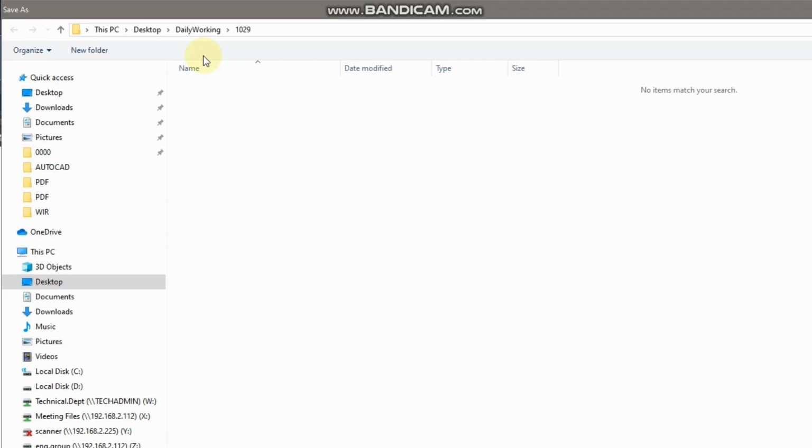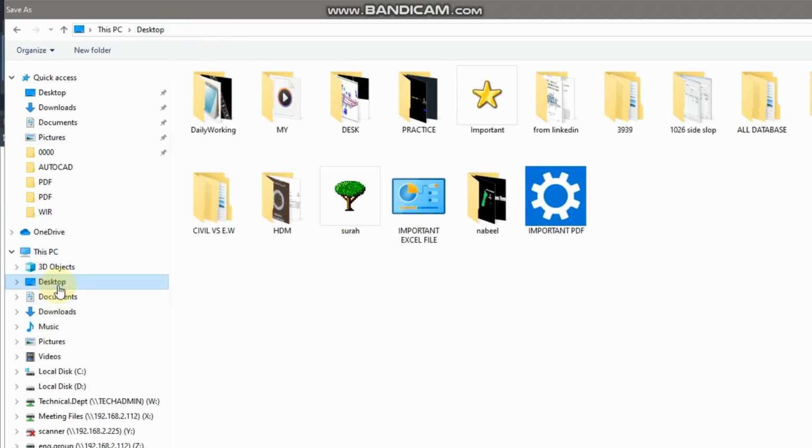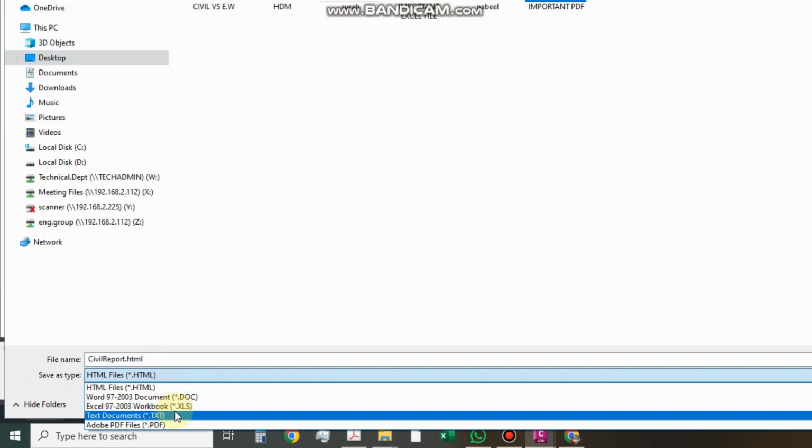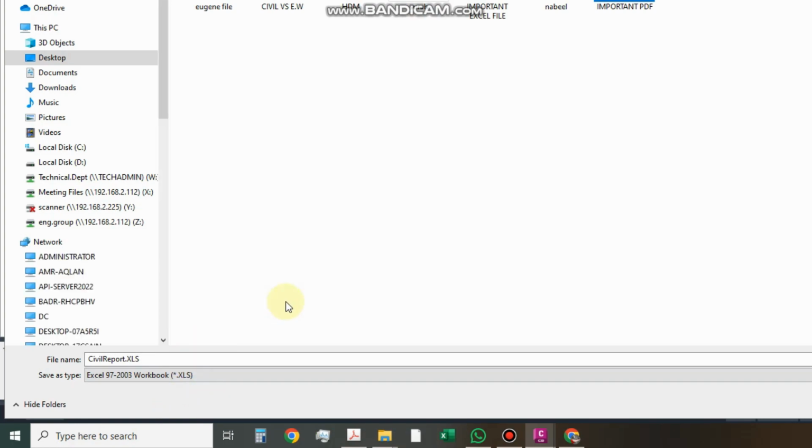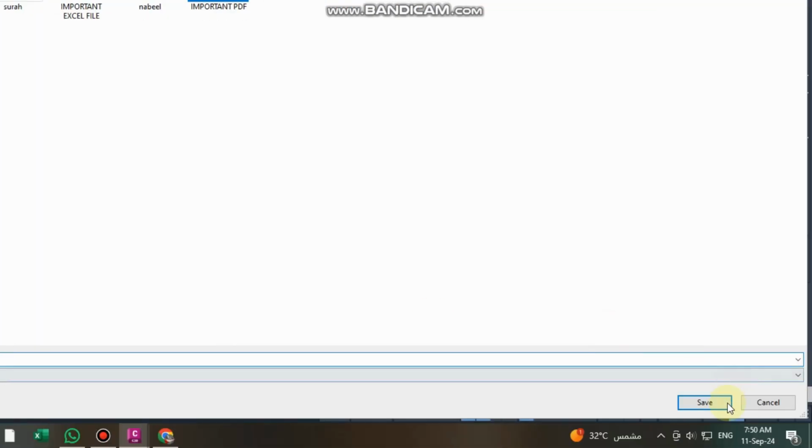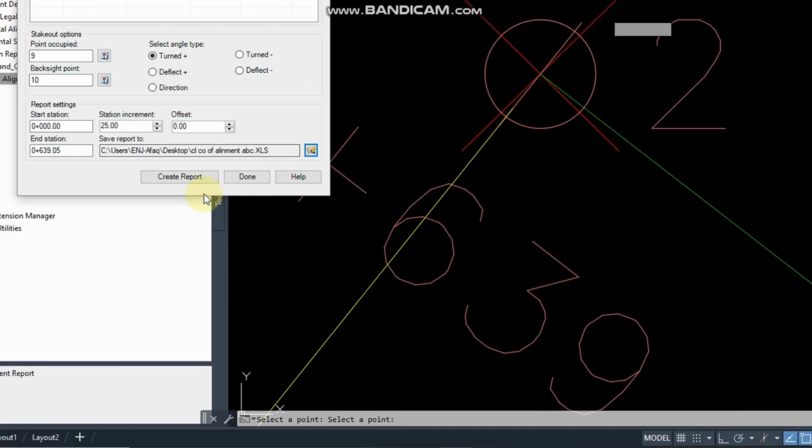the output I will create in Excel. You can give the surveyor an Excel file or a txt file. So I will write centerline coordinate of alignment. Alignment, you know the alignment name. Suppose this is alignment ABC, and then click save, and then create report. Click on create report,